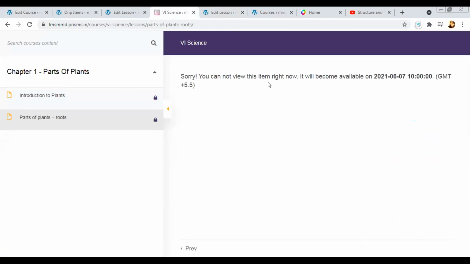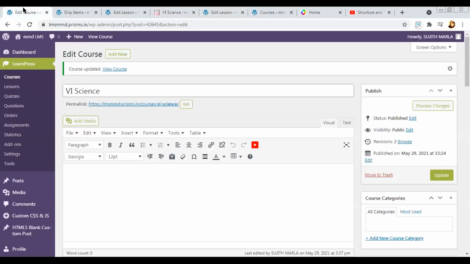Excuse me, may this feature be applicable for the quizzes also? Yes, everything. Quizzes, assignments, lessons, all 3 modules. Yeah, because when we are taking an online exam, these features help. Yes, teachers usually prepare the paper 2 or 3 weeks in advance. Yes.